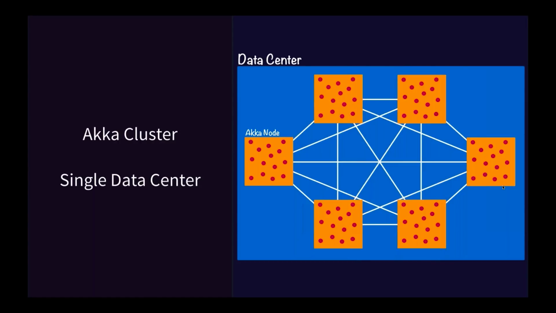And the cool thing with this is that the actors running in all these different nodes in these different JVMs can talk to each other. They can exchange asynchronous messages with each other just as easily within a single node as across multiple nodes. So Akka is handling all this.